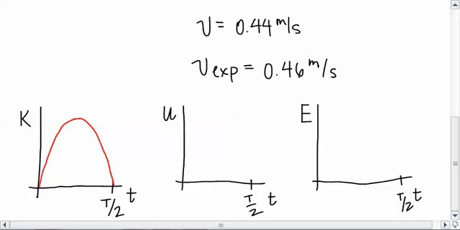And initially there's a very high potential energy. It goes to 0 potential energy with reference to the lowest point of the swing, then back up here. And then total energy is constant. So very good. All right, so let's look at a little